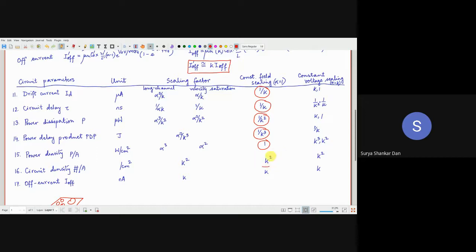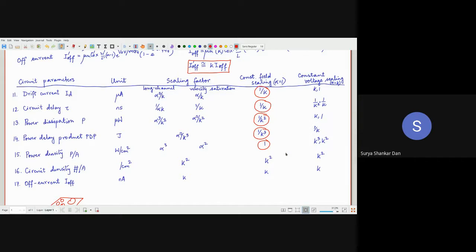But we are speaking in English, we are speaking in terms of mathematics. So if somebody suddenly asks you, you are saying that one of the major advantages of scaling technology is that you can add more functionality to your chip. If you are adding more functionality to your chip, what does it mean? You are essentially adding more circuits, right? So how do you quantify that? If you scale the technology by a factor of k, where k is greater than 1, then the number of circuit components which you can add inside the chip will increase by a factor of k square.